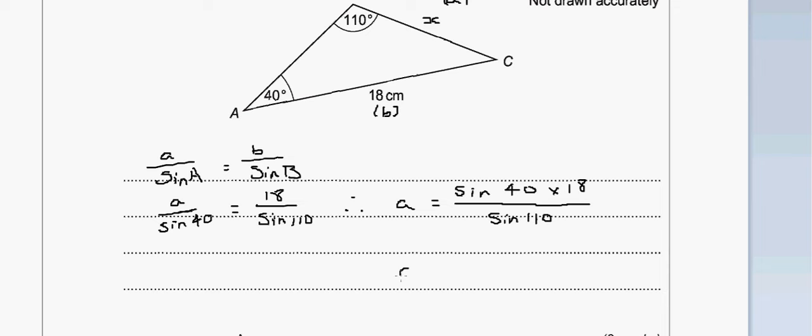Now this is where our calculators take the strain. We have angles, so we don't need to press shift, so we press sine 40, close the bracket, multiplied by 18, equals,